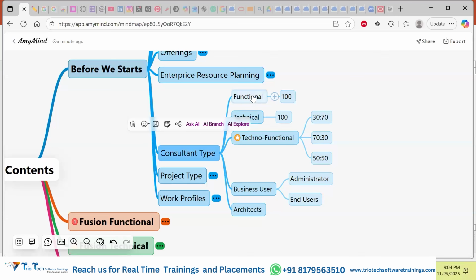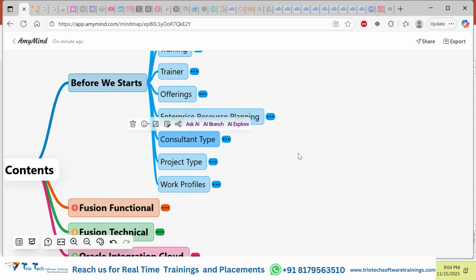What is a consultant? What is the role of a functional consultant? What do they do? What will technical people do? All those things we will be learning and discussing in detail during the course of this training. Now, as you get yourself certified and train yourself, you get placed into an organization, and those organizations